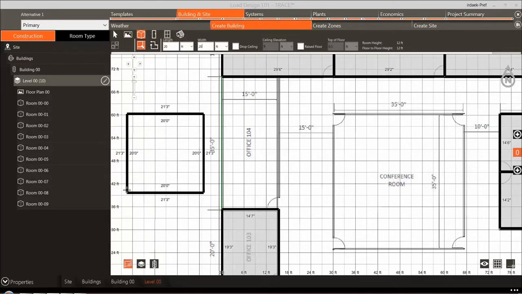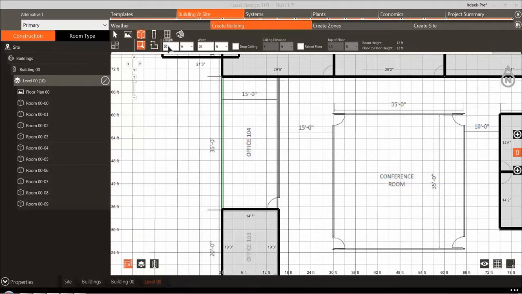It is important to note that these fields represent the inside room dimensions. The drop ceiling checkbox will allow the addition of an overhead plenum to the room. Ceiling height is set by the ceiling elevation field, which was entered in the project default section when we created